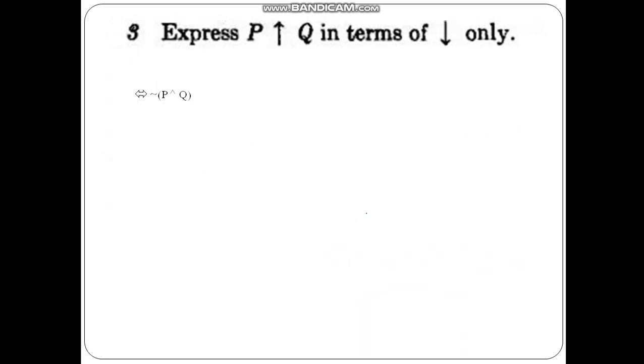Let us try to solve the last question. Express P NAND Q in terms of NOR. So P NAND Q is not of P and Q, and we have already seen how to represent AND. So it is not of P or not of Q. Not of P can be rewritten as double not of P or not of Q, and it can be proceeded further to not of P NOR not of Q, and not of P can be rewritten as not of P